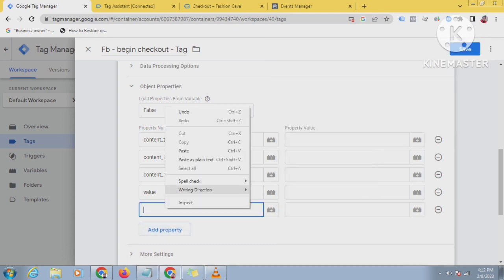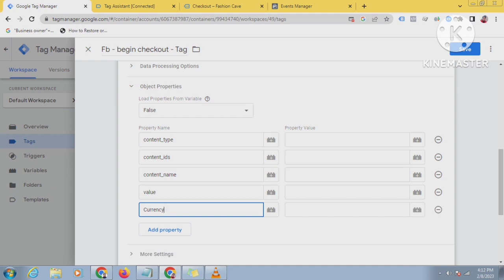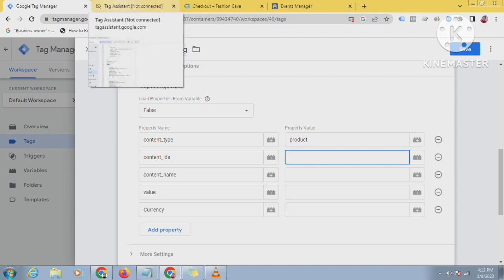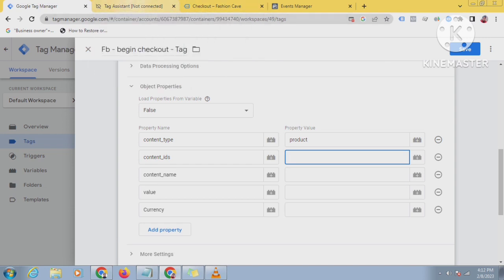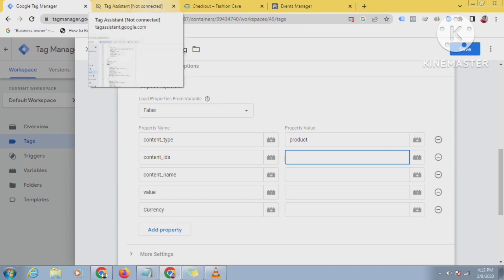Now I will add the property value here. Content type, I can type here product. This is product, that's why I'm typing product. And content ID, so the content ID varies because content ID is not individual. There may be lots of IDs. It depends on the user how many products they have added to their cart, and all that product ID will be